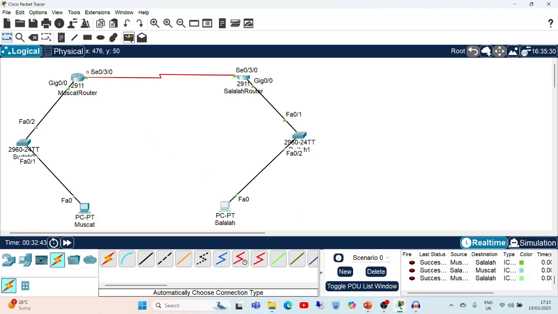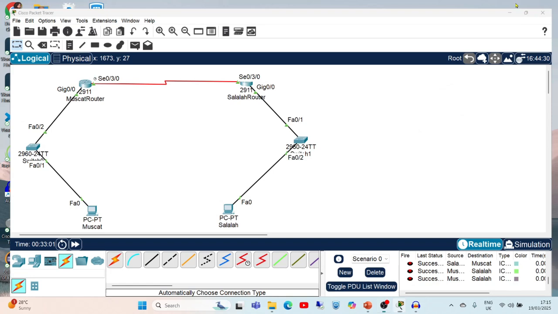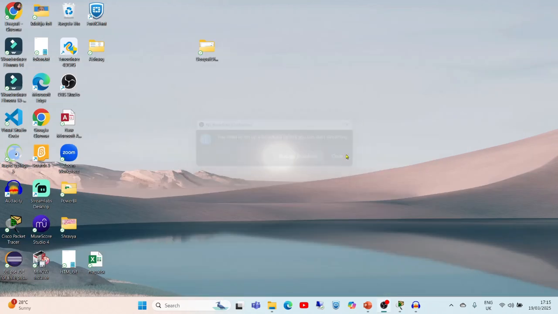Suppose once again I am sending this from Muscat PC to Salalah. So I will see the updated transaction. It's success. Okay, and here it's a record, it is displaying here. So in this way you can establish a wide area network. You can use high speed WAN cards within this.